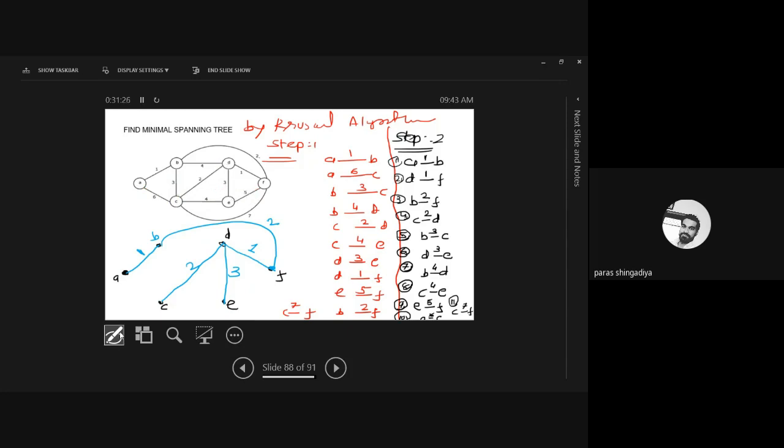Here you can highlight in this graph which edge you would consider. This I have included, that is second. And then after this edge you have included, then after this one. That's it, the rest I have removed. Clear? So that is the answer by Kruskal algorithm. Is it clear?